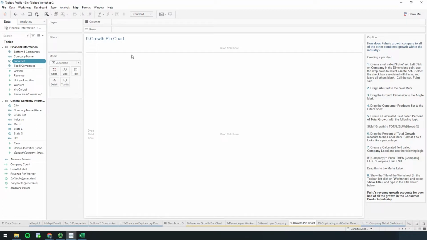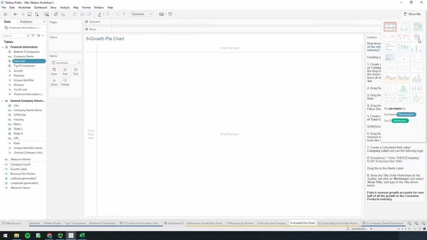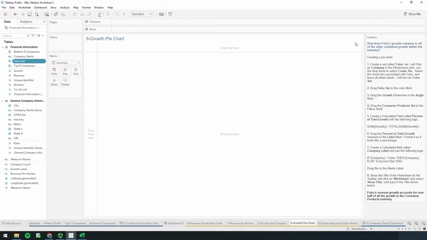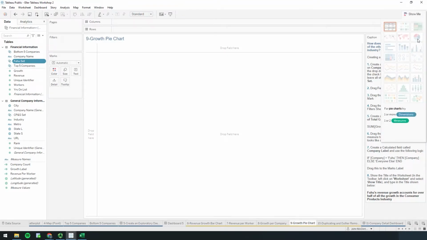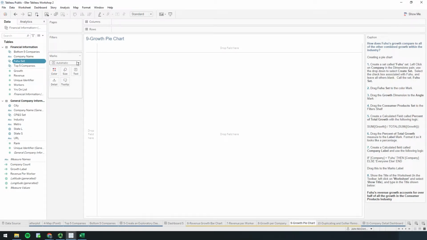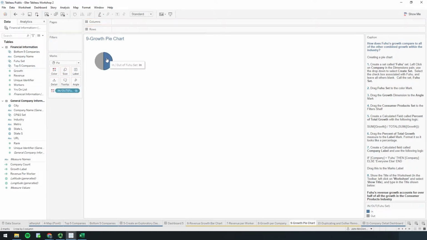So pie charts, they technically have one in Show Me. There's a pie chart right here. They're a little bit finicky. I don't usually get them to work the way I want to from the Show Me button, and they're easy to make on our own. So in this marks card, if we just change this drop down to be a pie chart to get us those tools, if I take the Fuhu set and put that on color, so we've got whether it was Fuhu or not Fuhu,